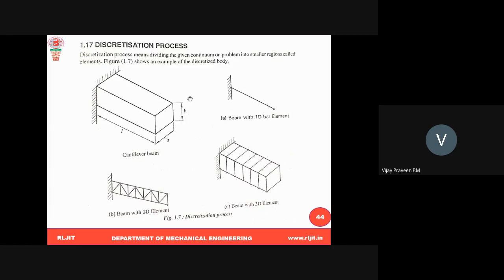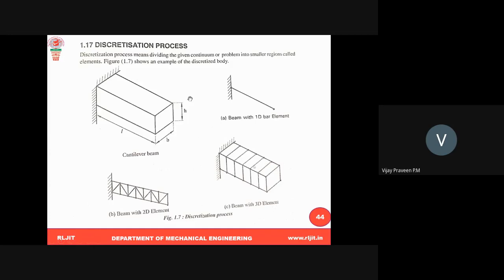Suppose I take an example here. A cantilever beam is there. This is what I need to analyze. See, there are three types given here. Suppose you are going to do 1D analysis, 2D analysis, 3D analysis. Then 1D analysis means you are going to use 1D elements like this, just a line. What these elements are, I will take up next. 2D means only this surface will be taken, two dimensions. Then using 2D elements, you are going to divide like this. Suppose you are going to consider 3D, L, B, H, three dimensions. Then you are going to use 3D elements and divide like this.